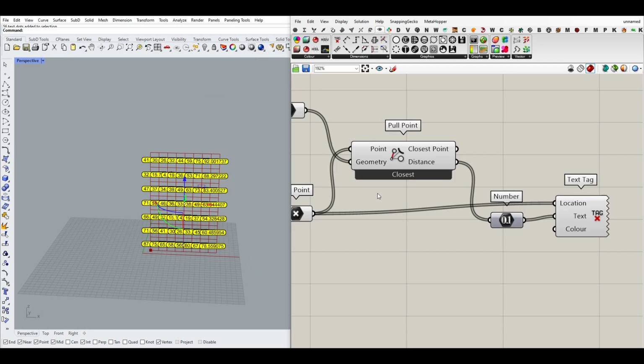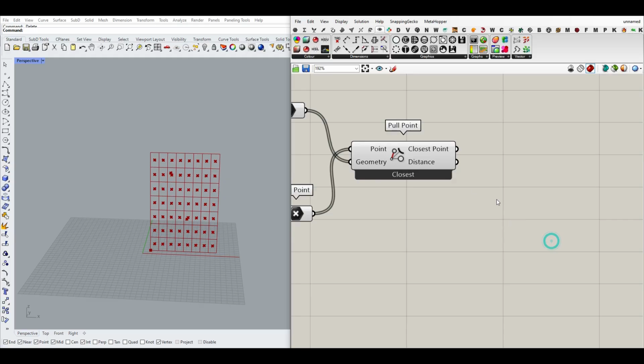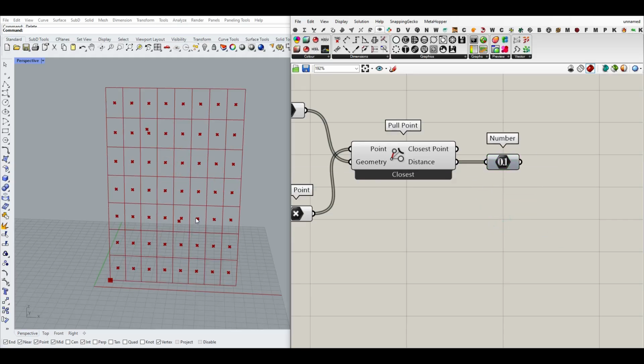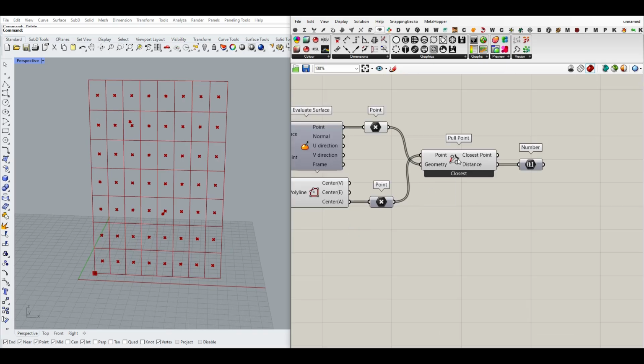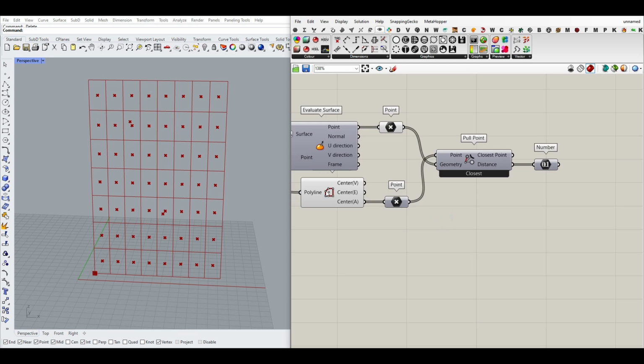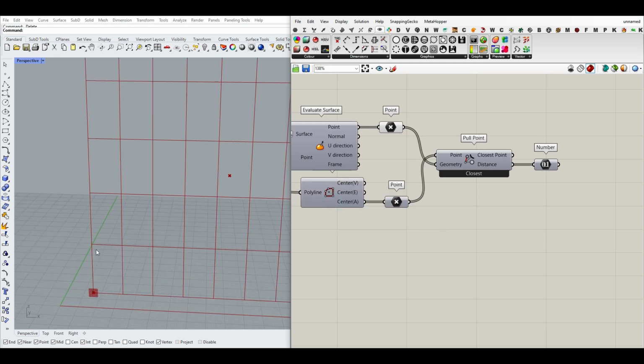Okay, after getting those distances, which is the main component we need here, let's go and do some simple stuff. And what I want to do here is, for example, offset them a little bit inwards. So let's go and say